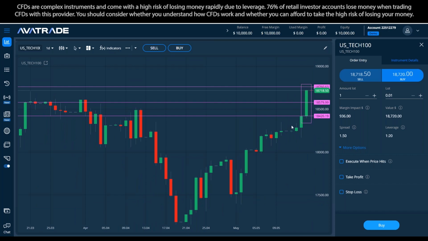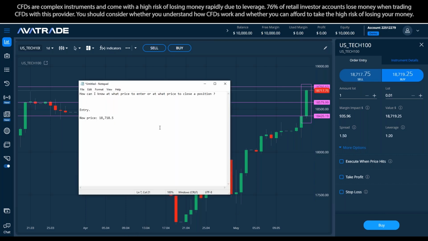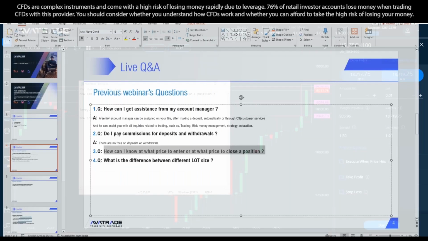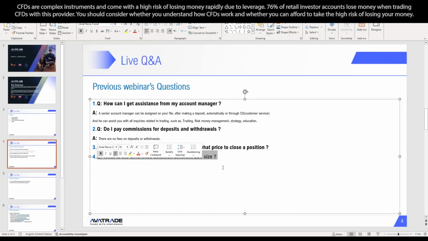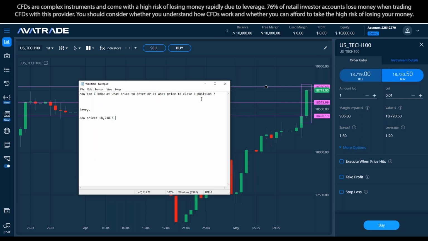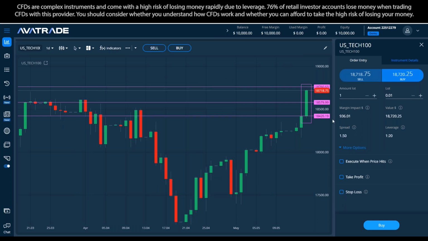Okay, let's see. So right now we said that the price is 18,718. Let's see if we have something related to support and resistance. No, that's about lot size, and that's fine. We'll get to that. It's not urgent for this question. So what can I do to know if this is a good price or not? So if I look at here,